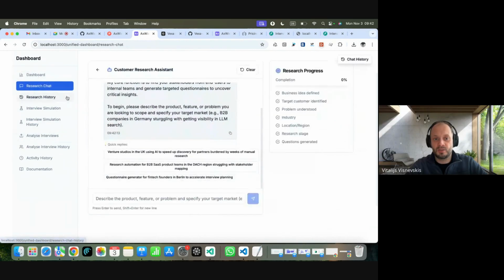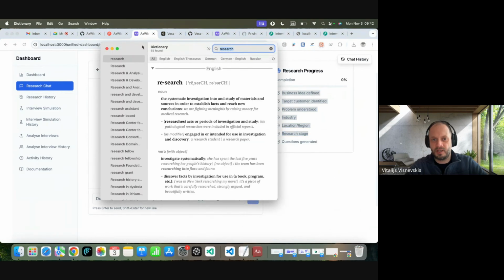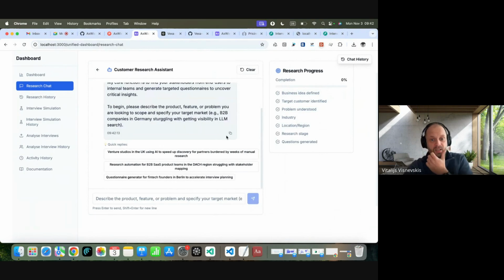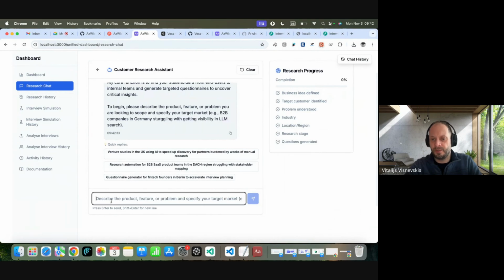Absolutely. And I would say use that research chat here. It has a lot of different stages. Things like industry and location, for example, define a lot. If it won't be a one-liner, as it is literally in the demo, but a more thoroughly described solution, maybe I need to add a quick prompt improvement button, it will have a more sophisticated input. It will create a more sophisticated questionnaire, and therefore the simulation will also be more advanced.